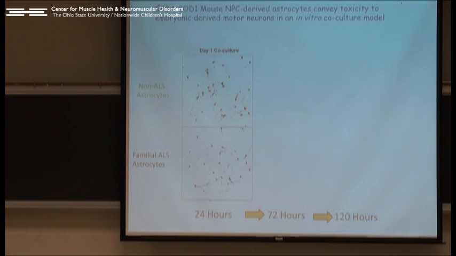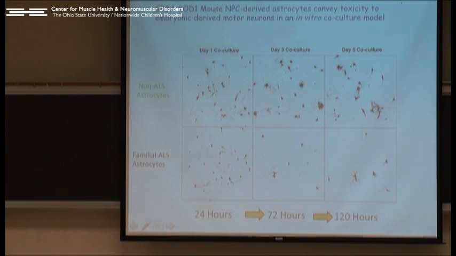And one day after the motor neurons are co-cultured, they look just fine. But things are different at 72 hours. Motor neurons are branching out here on top of the normal astrocytes, looking just fine, and they're shrinking, and many of them are disappearing on top of the ALS-derived astrocytes,